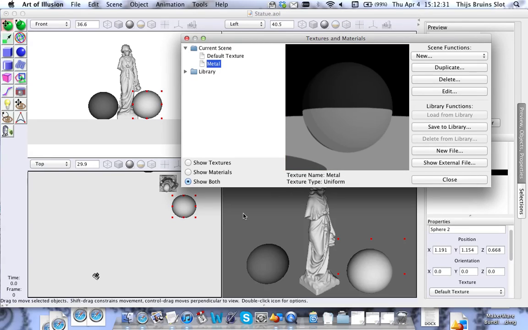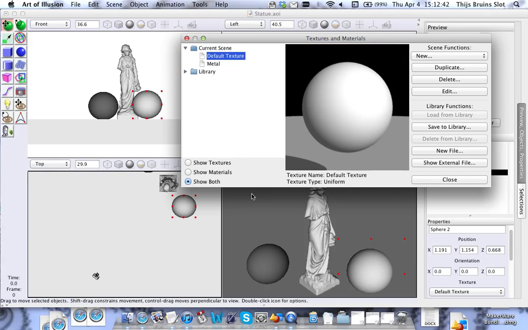It's because I want to have this metal sphere here so you can kind of see what's going on in the environment. I always like to do that if I'm testing things out. I always have this metal sphere here so I can get a feel of what's going on in the rest of the environment. But anyway, let's just make a simple uniform texture,